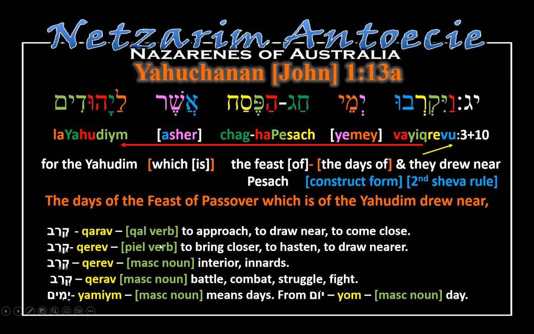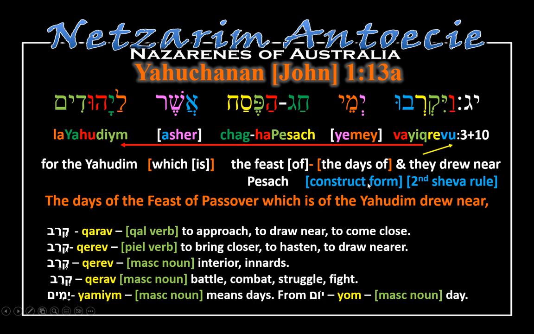It comes from karav, which is a kal verb to approach, to draw near, to come close. Now, I've also given you karev, which is a piel verb to bring closer, to hasten, to draw nearer. And again, this almost looks the same, but if we look, the vowel mark's different. Karev, masculine noun, and it means interior, innards. So it's using two segols. So it's a noun. And then I've given you karav, which again is a different word altogether. Same letters. It's a masculine noun and it means battle, combat, struggle, fight. If we think about it, it's a battle because the two enemies draw near to each other. So we can sort of see why they use it as a root even for fighting, right? So, and they drew near,